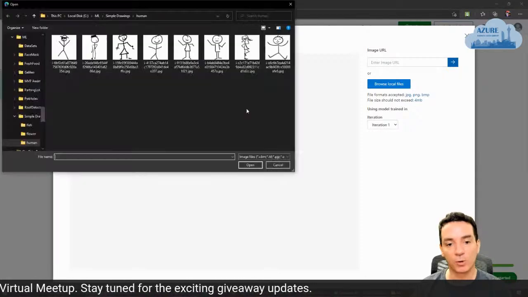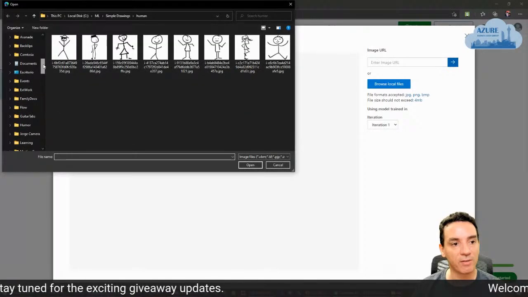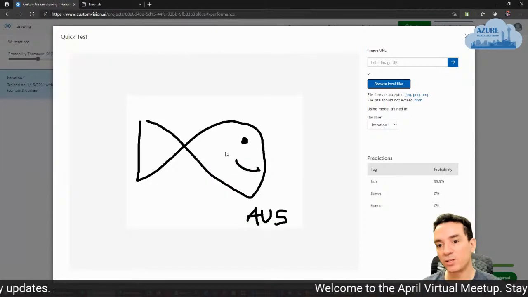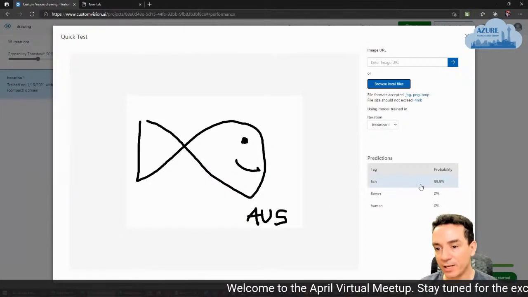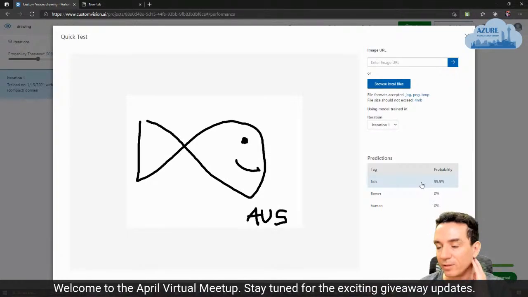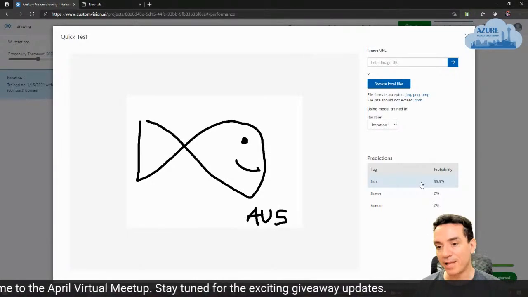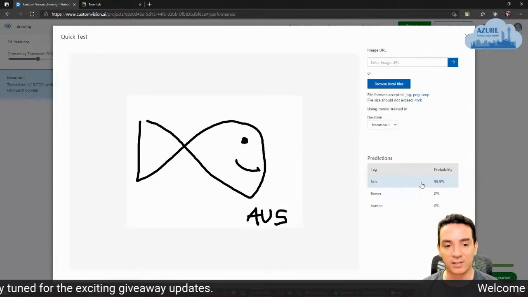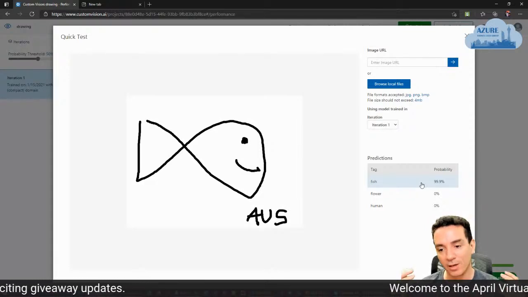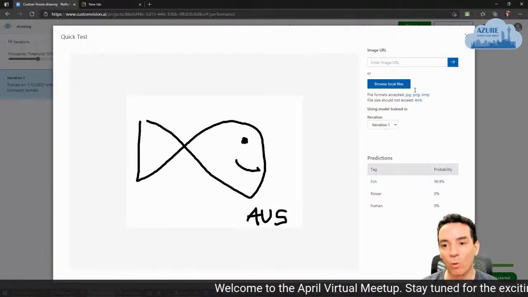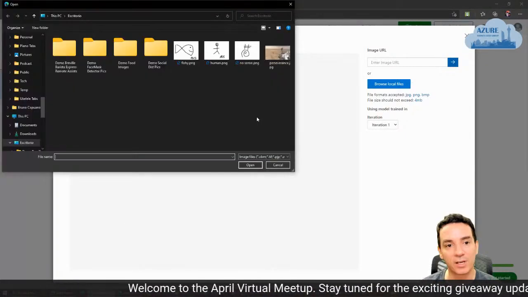Let me upload the drawing that I just made. So let's upload the fish, and it will analyze this. And as we can see here, the model that we just trained is 99.9 sure that this is a fish. And it makes sense because I am working with lines, black and white drawing, so it's very easy. It should work great in each one of these.